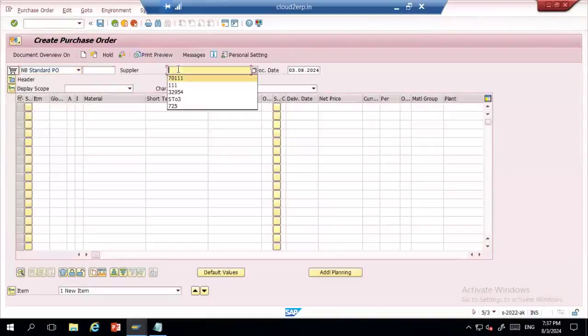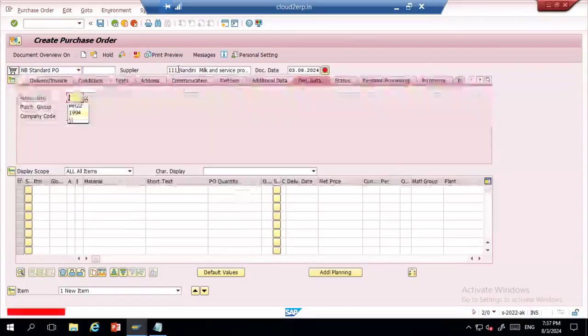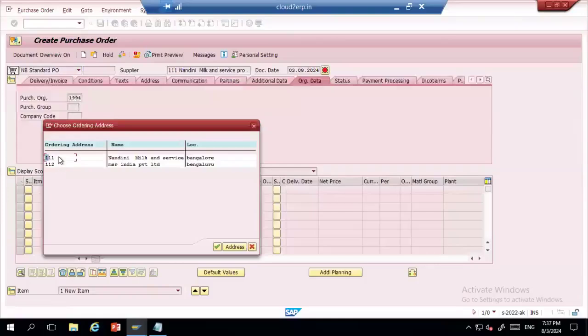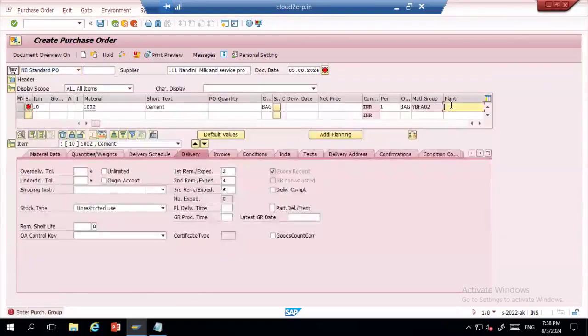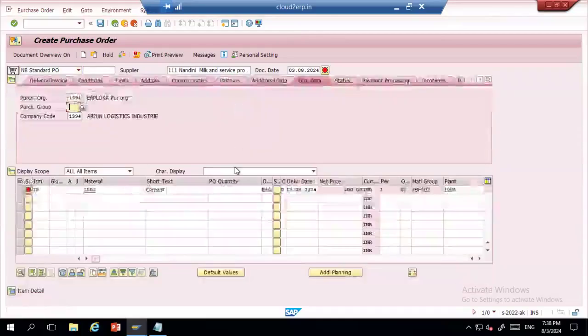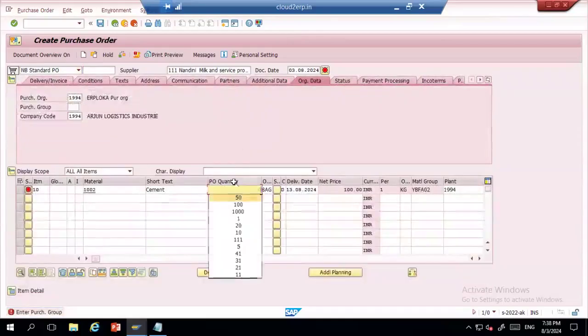I'll put the same supplier, use the same material, plant is this, quantity, purchase scope.